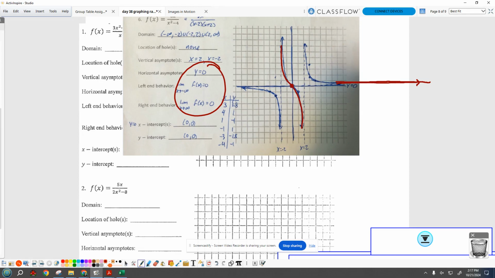Laura? Did you guys have to know how to do this? No. Do you need to be able to do the wings on the left and the right? Yes. Laura, you're still giving it a look. What's the question? I was doing the vertical line test and the horizontal line test. It passes the vertical line test, it does not pass the horizontal line test. So it is not 1-to-1.